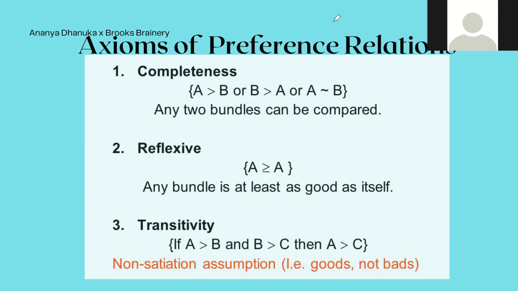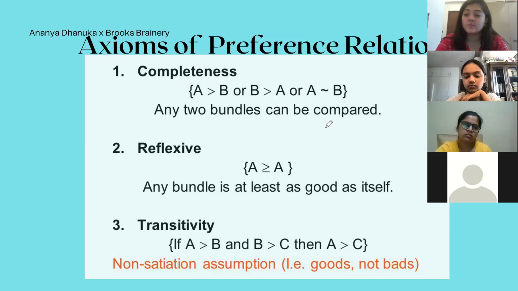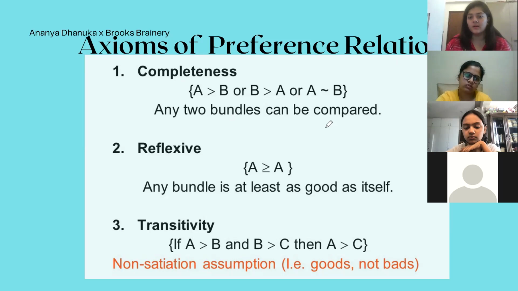Right, exactly. So why does it have all the three scenarios? It has all the three scenarios and it's known as completeness because of what I was talking about earlier, that it has to be complete. So you can't have a situation where you don't make a preference, all right? Any two bundles can be compared, and we should be able to compare them at all levels.